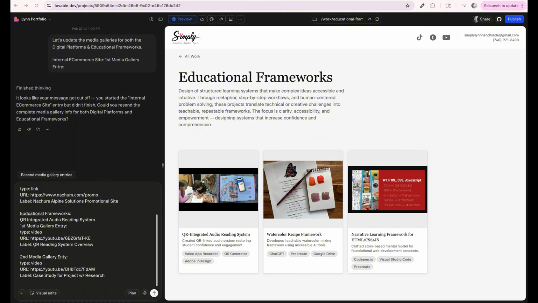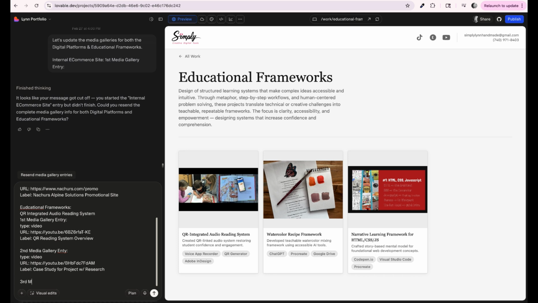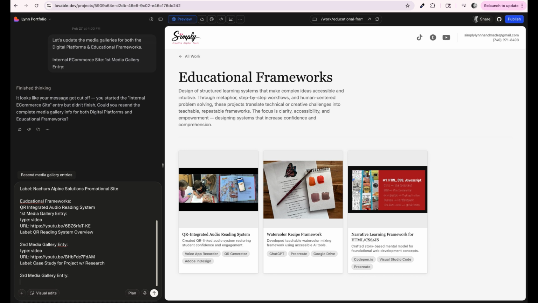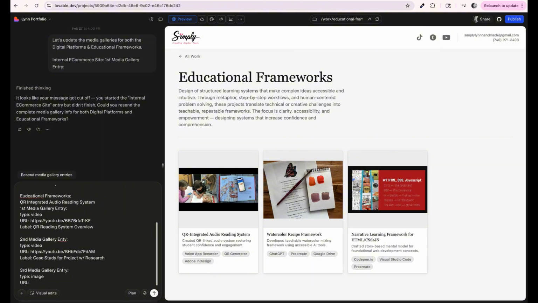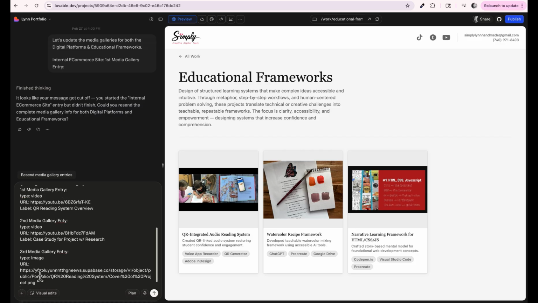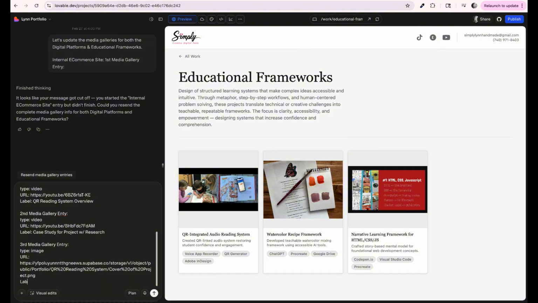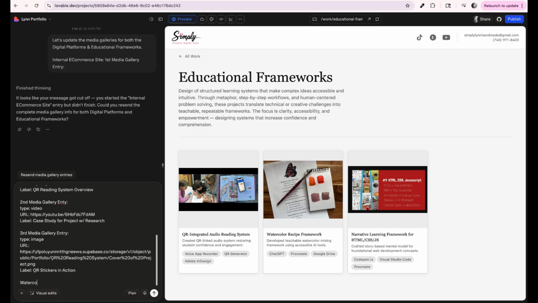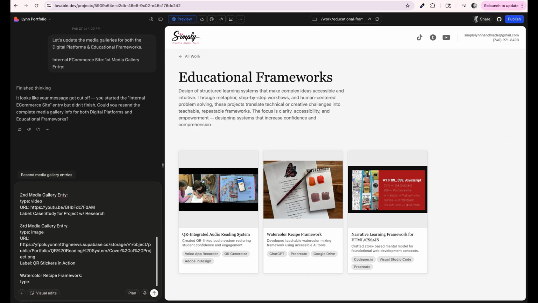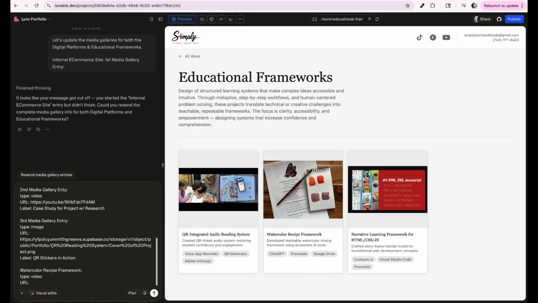Okay, let me see if there's anything else I need to add on that. Yeah, we'll do this image, it's kind of cool and gets the idea across pretty well. Type image, URL will be to, okay, that one is done. Watercolor recipe framework. That is going to link to a video as well. Video URL is